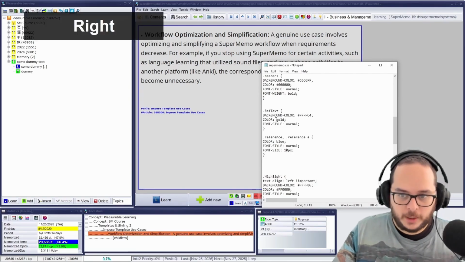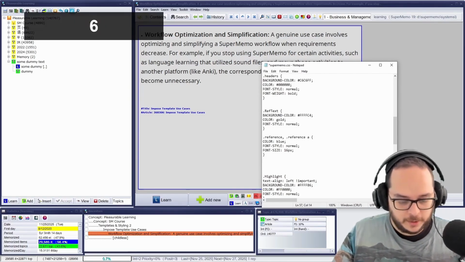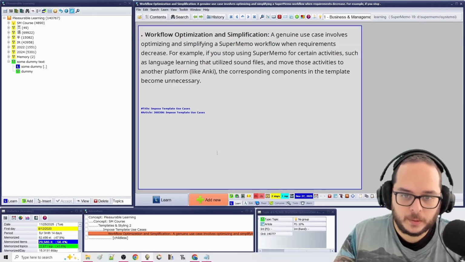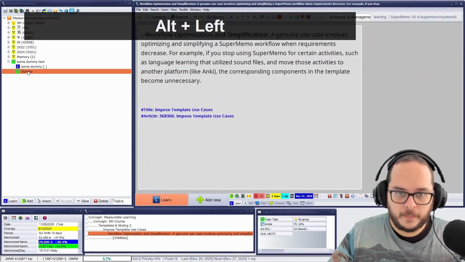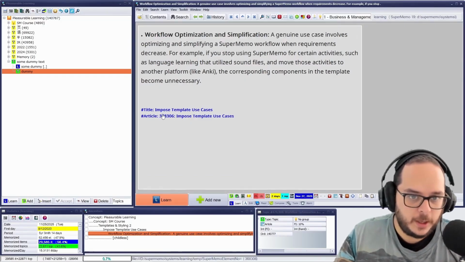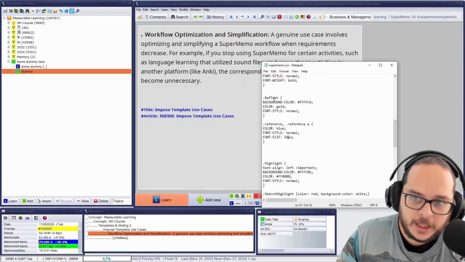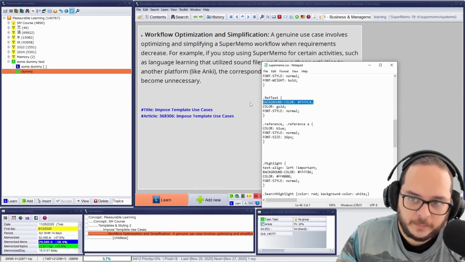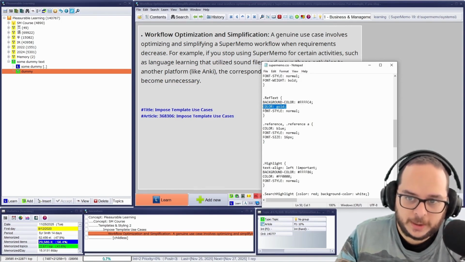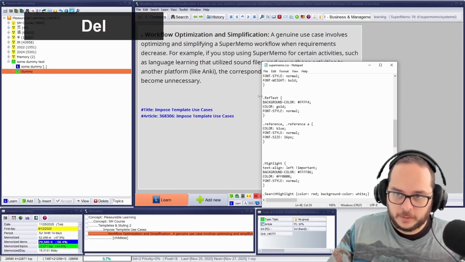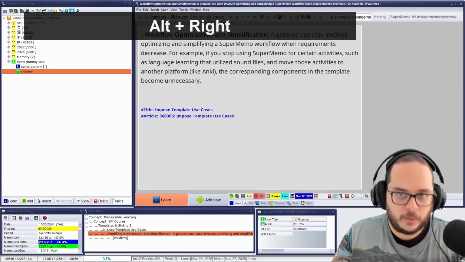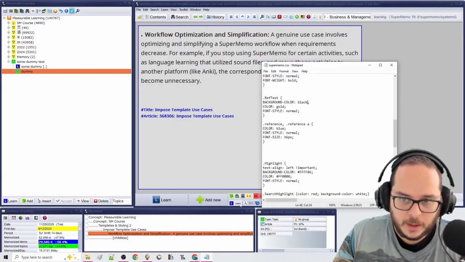Pixels. I want it to be larger. 16 pixels. Sometimes it doesn't update. Let me go back. Here you go. Now it's larger. Do you see? In this case, ref text, you have background color. The color is gold, which is then overwritten to blue. That's why this has no effect. Okay. Then the background, I can change it. Let's say I want black. It doesn't work. If I do it here,